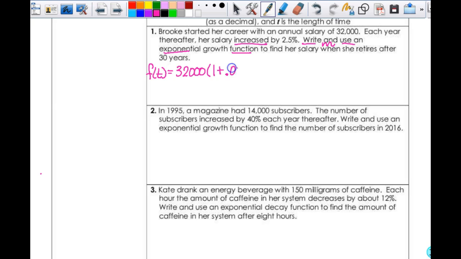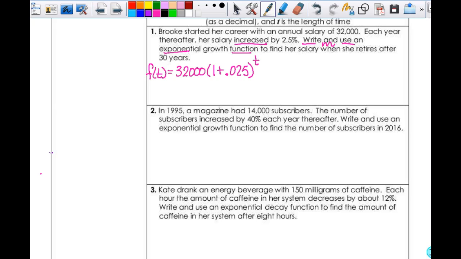0.025, and then that's to the t power. That is my function that has to be written, okay? So I don't know what you're doing, but you're not doing what we're doing. You put that away. We're using that one right now, and you should be writing this down. Okay. So then f of,